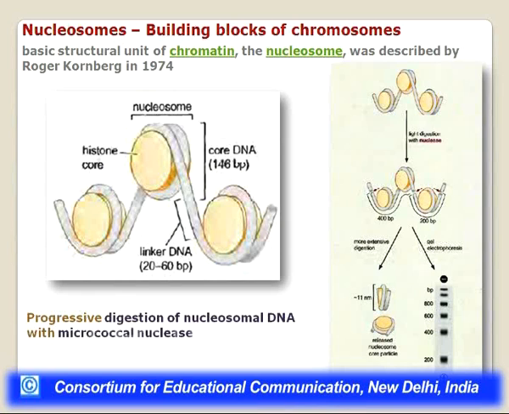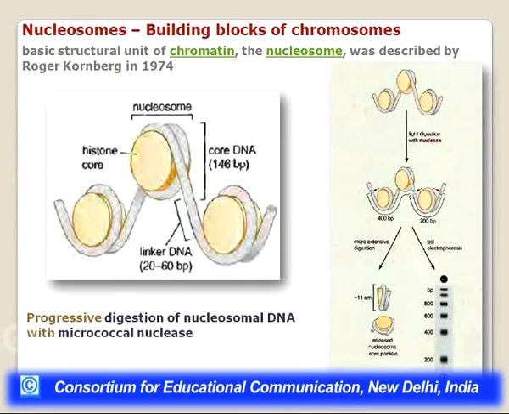Progressive digestion of nucleosomal DNA with micrococcal nuclease can tell us about the length of DNA which is swirled around the histone core. If you take the DNA and digest it with the enzyme micrococcal nuclease, it will digest the naked DNA, the DNA which is not bound by protein. When you digest it, it will give you 400 base pair and 200 base pair units. So the 200 base pair unit is a nucleosomal unit. For example, it will cut at the points shown by the arrows, and it will create a